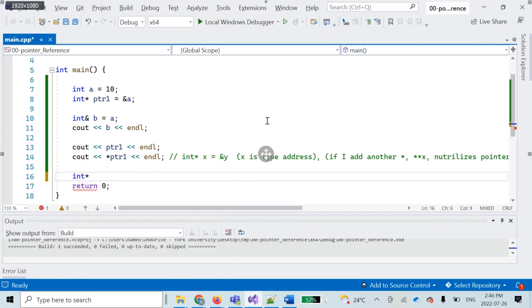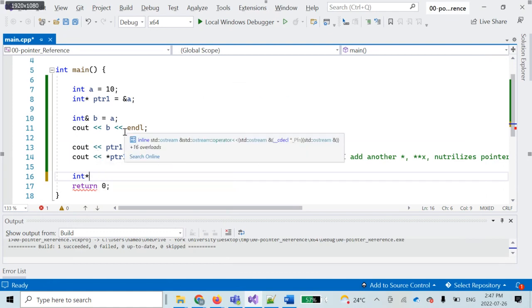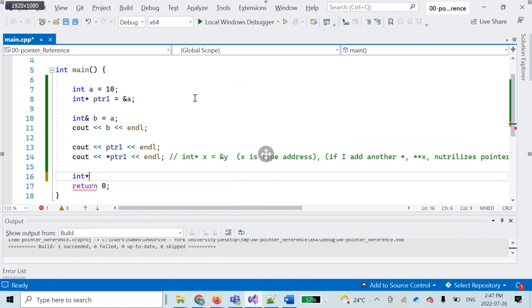In the world of values, I was able to define a reference to a value. Now, in the world of pointers, in the world of addresses, I can do that by doing this. So integer, this is now a reference to an integer pointer